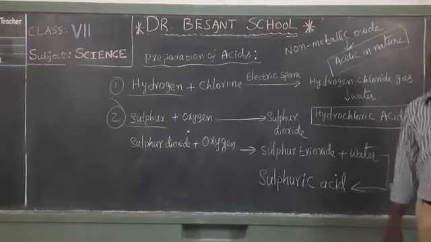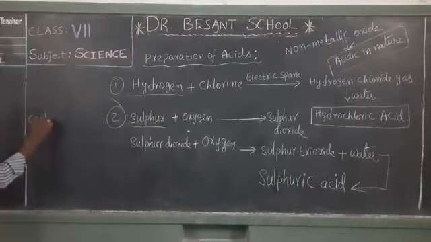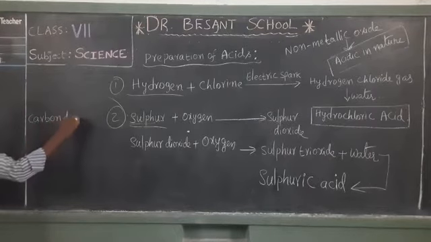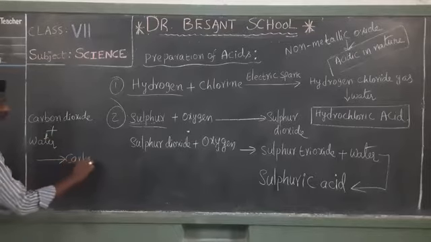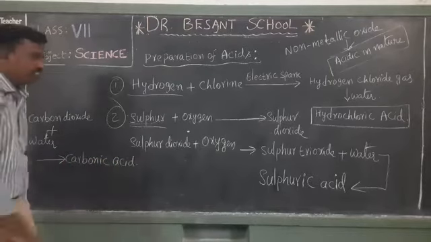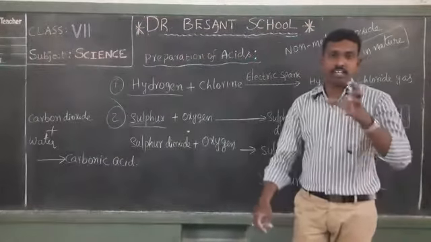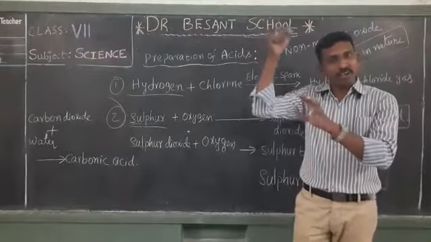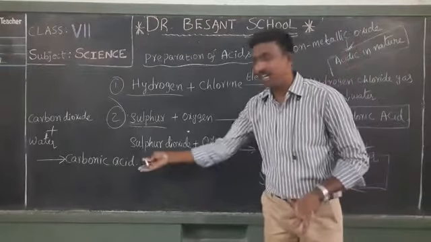Here I am going to consider one more example of an oxide which, when dissolved in water, produces acid. I can take the example of carbon dioxide. This carbon dioxide, when dissolved in water, produces carbonic acid. You can see the best example in the manufacturing of sodas. You can see the soda bottle which is filled with water, and into that carbon dioxide gas is introduced. When it dissolves in water, the liquid so formed is carbonic acid.